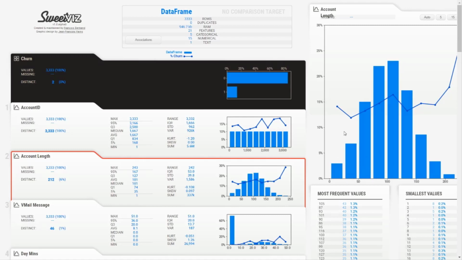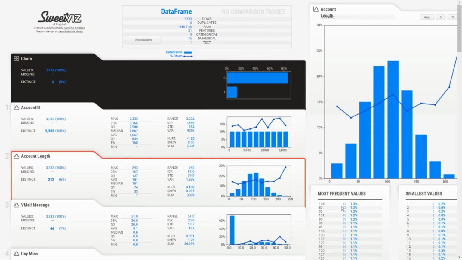You can see this is a pretty good bell curve distribution for account length. There are about 3% of customers within the 0 to 25 months, and then about 7.5 or 8% within 26 to 50 months, so you can see a pretty good distribution over here.